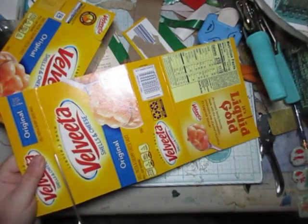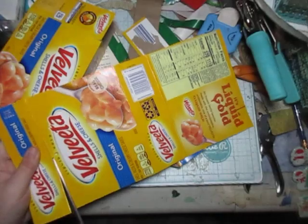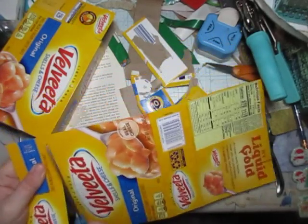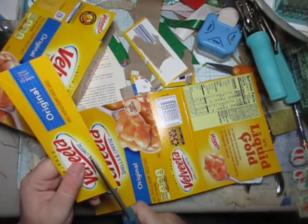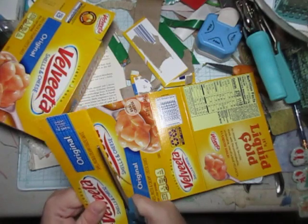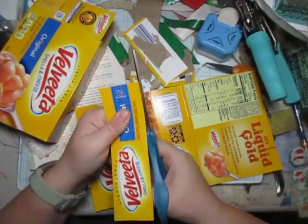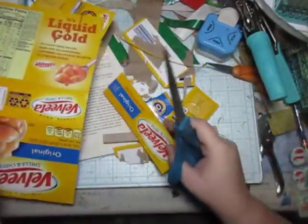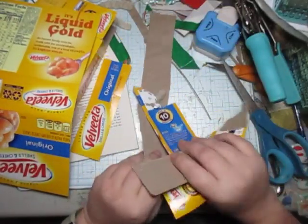Now I am going to cut this off, but I do cut it slightly in the inside so it will match up with the other side like that. And then I also cut this little sliver off here. Then I take this piece, after I move all this out of the way,